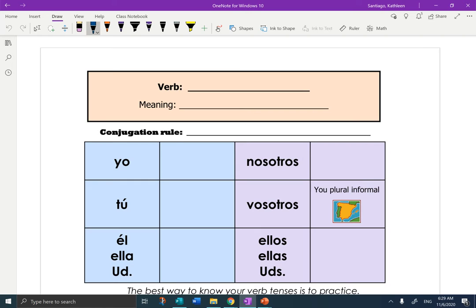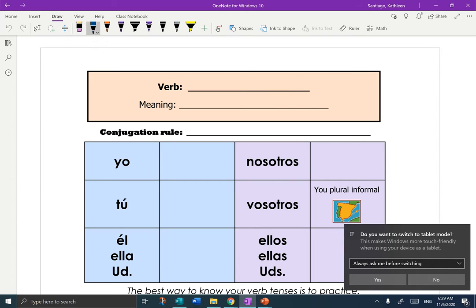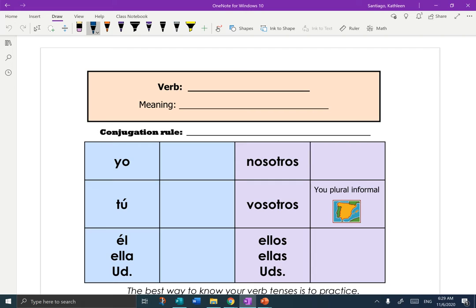Nosotros, we the group. Vosotros, you informal plural used in Spain. Ellos, they, the group of boys or mixed boys and girls. Ellas, they, the girls. Ustedes, you all, any group of people, formal or informal. Excelente, muy bien. So the first verb, when we change the pronoun chart over to a verb chart, we start